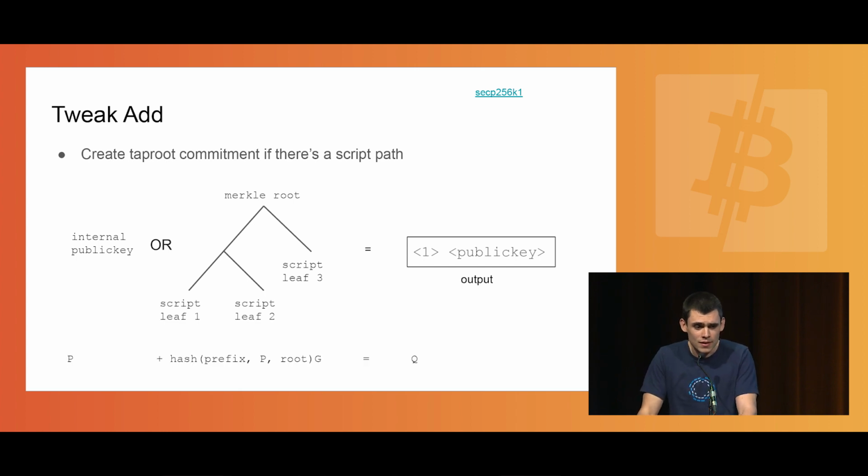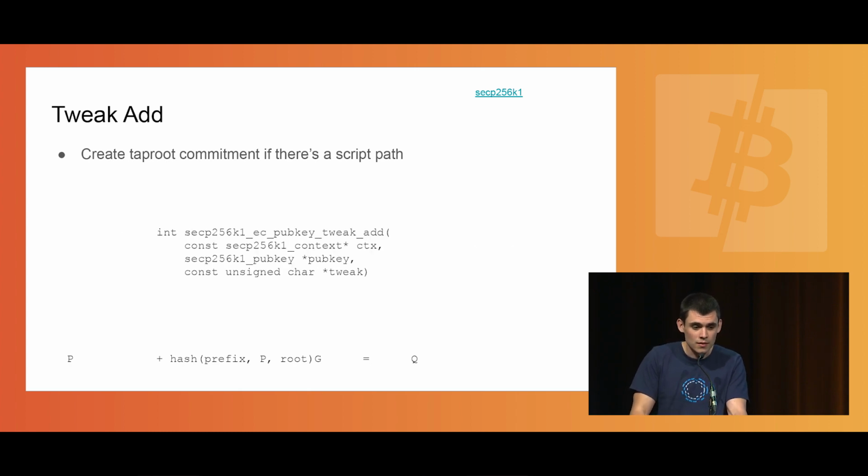So mathematically, if your internal public key is P, it's fairly straightforward: you just add the hash of a constant prefix that's defined in BIP Taproot, the internal key and the Merkle root, times the base point G, and you receive your new Taproot output point. So in libsecp, this is just a function called ec_pubkey_tweak_add. You give it a secp context, you give it a public key, and you give it the tweak. And the tweak is the hash. And that's all there is to it. However,